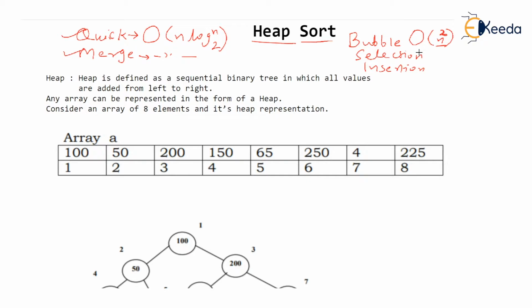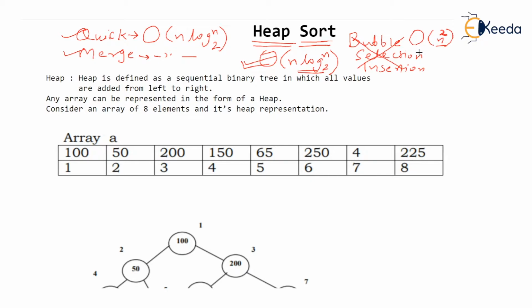In this category, we have heap sort, which also works in big O of n log n to the base 2. So it has to be included in the better sorting techniques as compared to bubble, selection and insertion. I'm not saying that you will never use bubble, selection and insertion. We have situations where we can use these. And at the end of this chapter, you can see a comparison between all these sorting techniques. But the fact is, heap sort works in big O of n log n to the base 2.